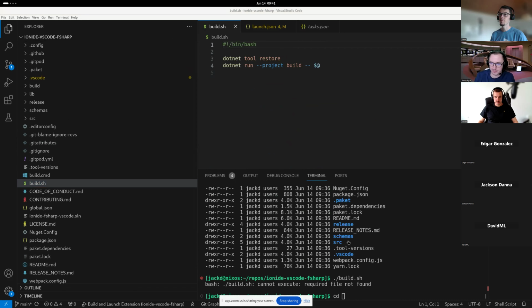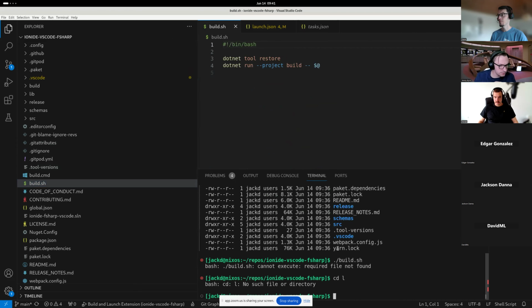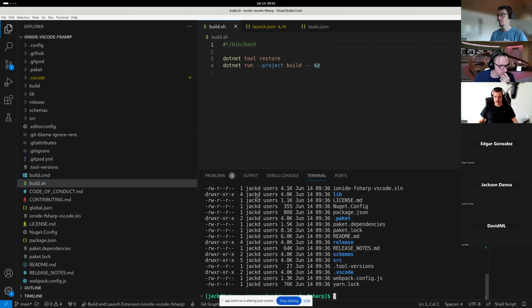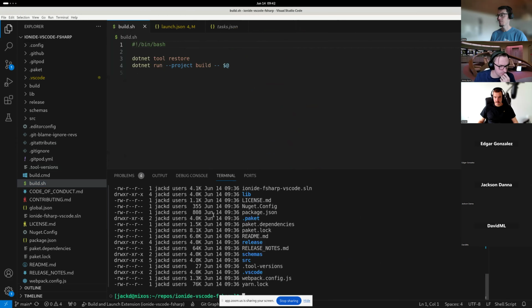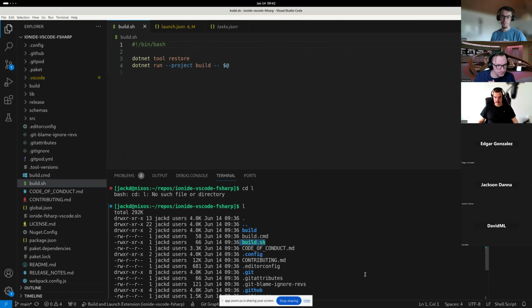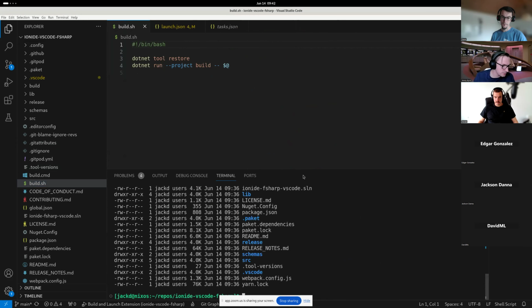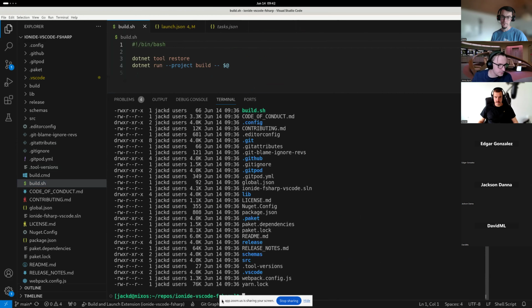I did dot slash. Does it not exist in this folder for me? I have build.sh, and unless there's some weirdness going on, the executable flag is set on there, so it should be executable.